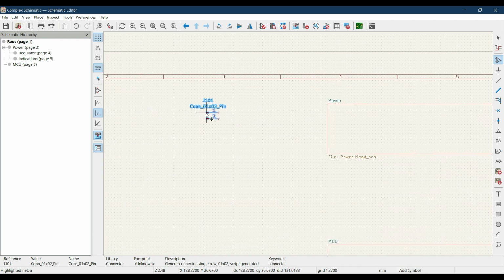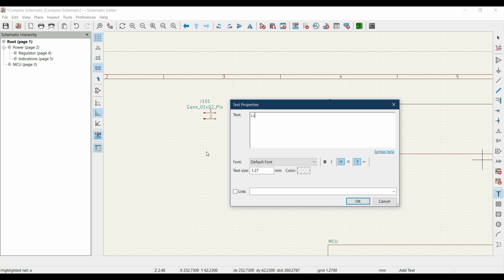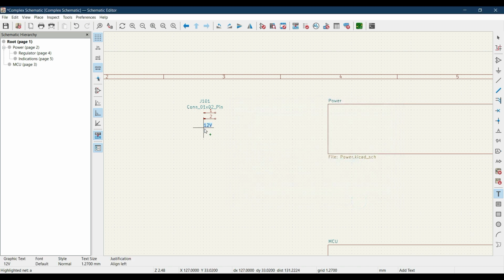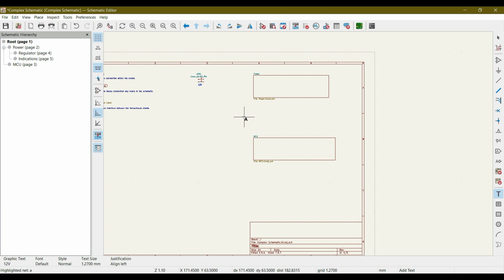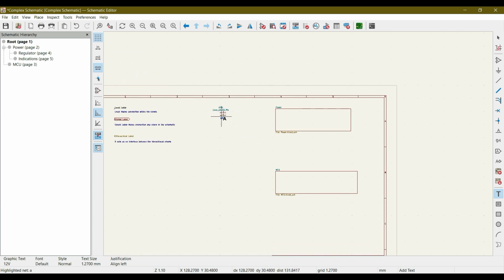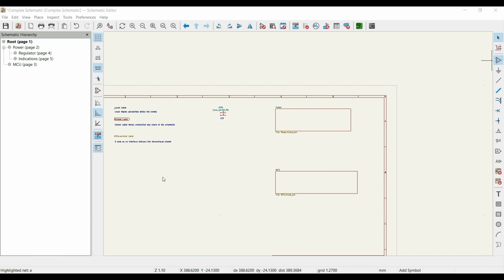This is the connector where we will get 12 volt input, and let me write some text over here that we will feed 12 volt into our circuit from these two pins. And let's add another connector